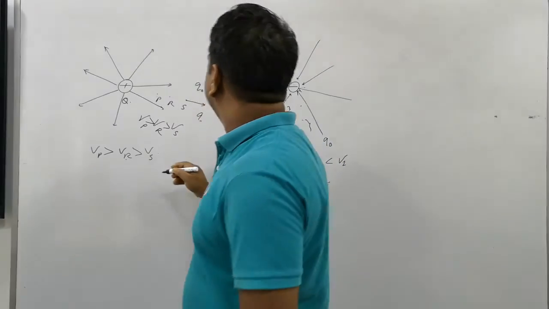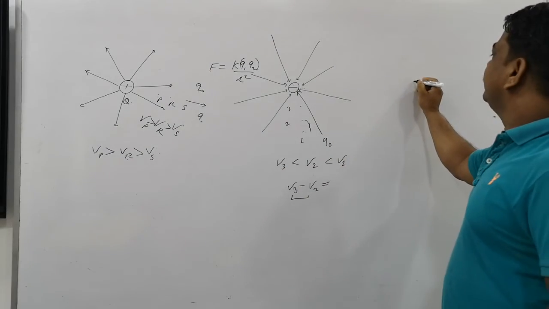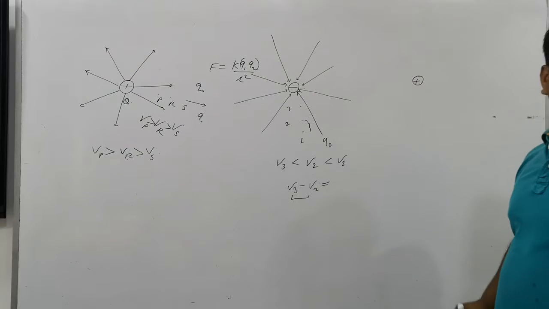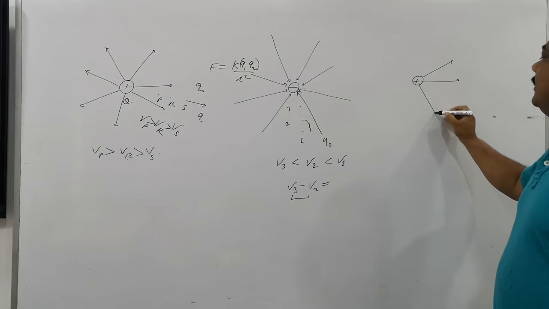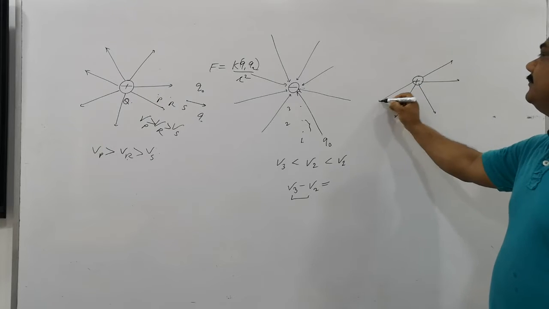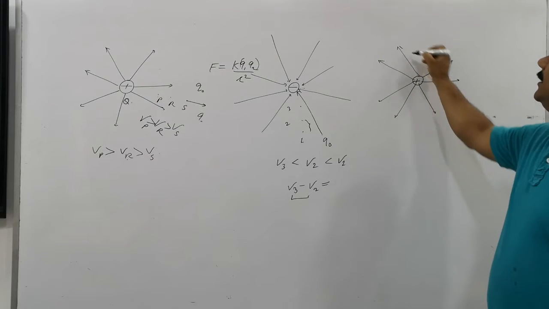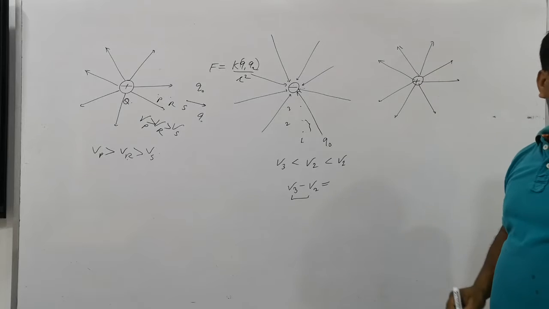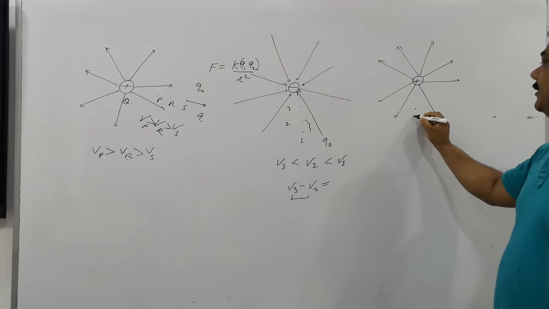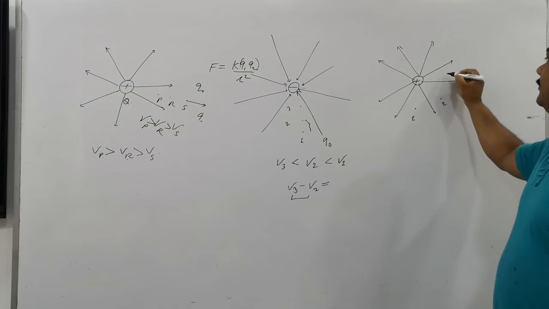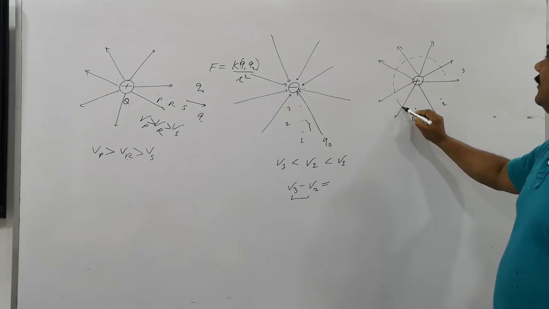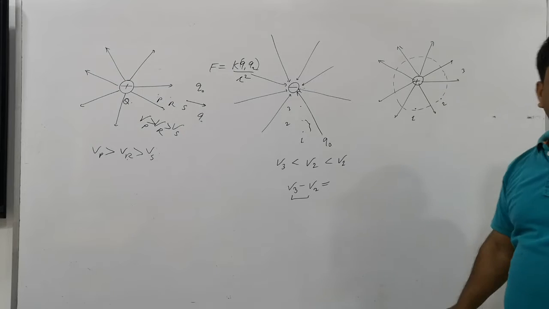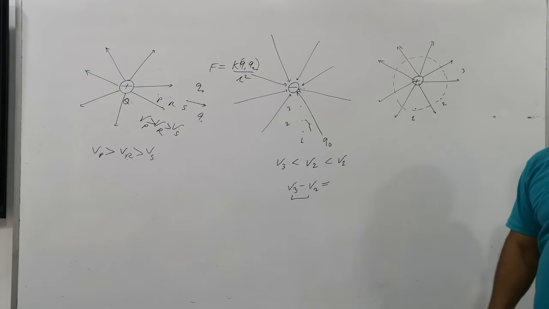But I am taking another case here. There is a positive charge. I am drawing the field line pattern here, and it will also be on the other side. Clear? There are certain points here: point 1, point 2, and point 3. Right now, I am just drawing a circle here. Tell me please, at points 1, 2, 3, will the potential be the same or different?